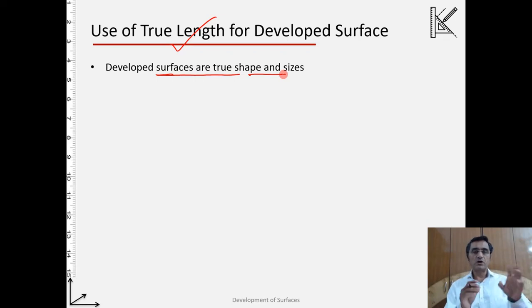For example, let's say you are given the horizontal projection and the frontal projection of a certain object, and sometimes if a plane or a face of an object is oblique, then it will appear foreshortened or distorted on the frontal projection as well as on the horizontal projection. So the distorted one we cannot use for the development. Rather, we'll have to generate the normal view of this oblique surface.